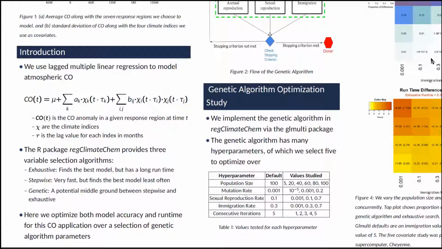The R package that we created, called Red Climate Chem, has 3 different variable selection algorithms: the exhaustive method, which finds the best model but has a long runtime, stepwise, and the genetic algorithm. So here we look to optimize different genetic algorithm parameters to decrease the runtime and still have a good model